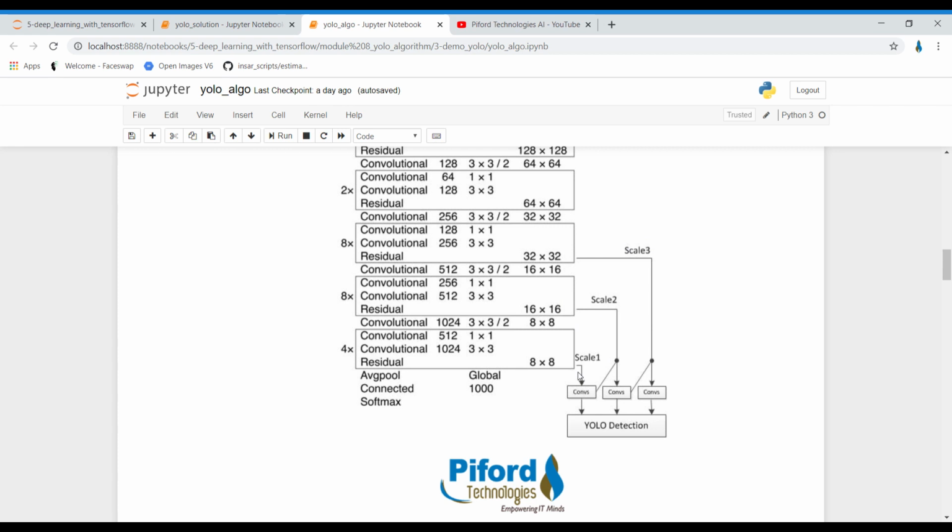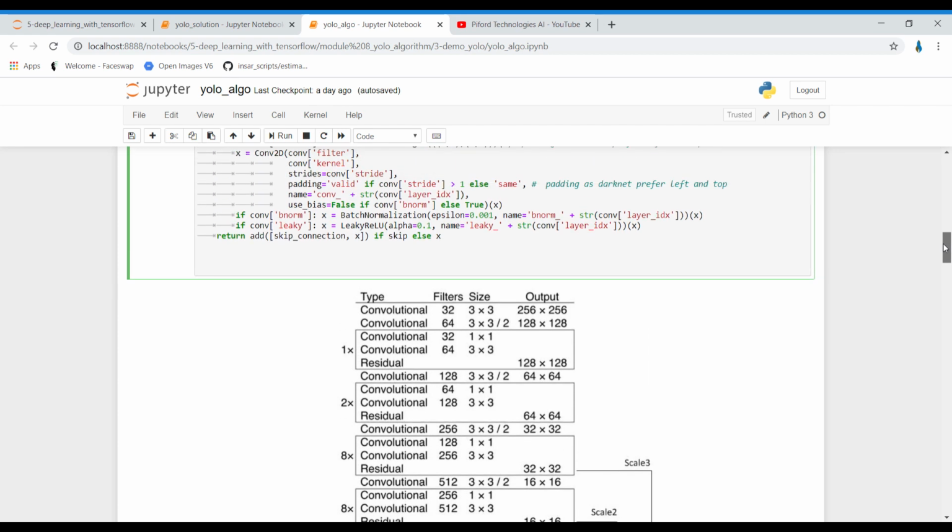The YOLO network has 75 convolutional layers, and the remaining 31 layers are other layers, which include the shortcut layer, the convolutional layer which I've just discussed, and the other route layers. So this is the network structure of YOLO.